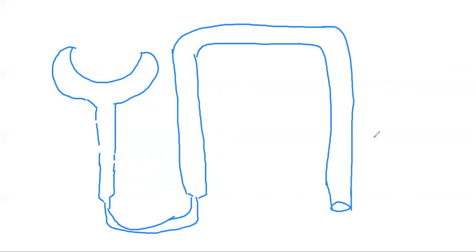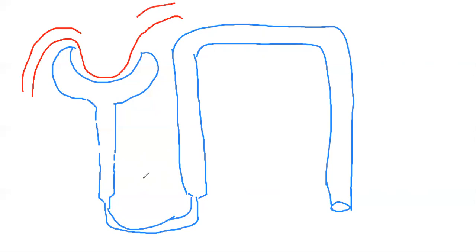So overall it is a structure of the nephron tubule, and here it is our afferent arteriole. It will come here and produce the efferent arteriole. The efferent arteriole is narrower, and the afferent arteriole is more dilated. So it is the afferent arteriole, and in between there is a glomerular capillary.